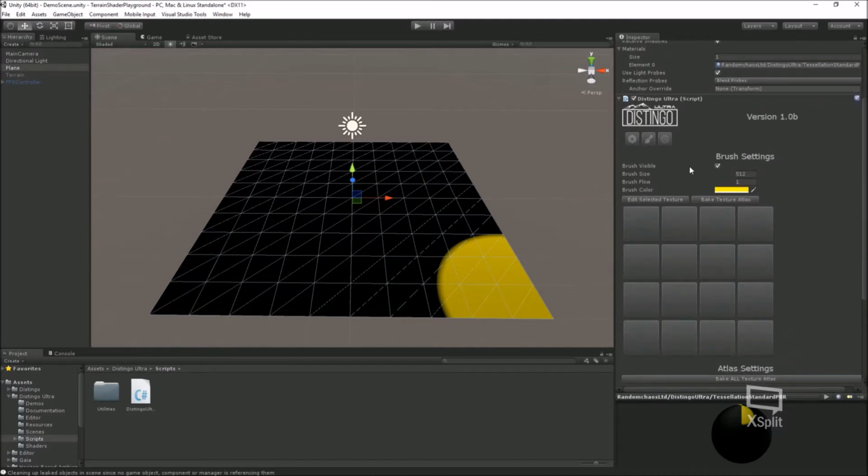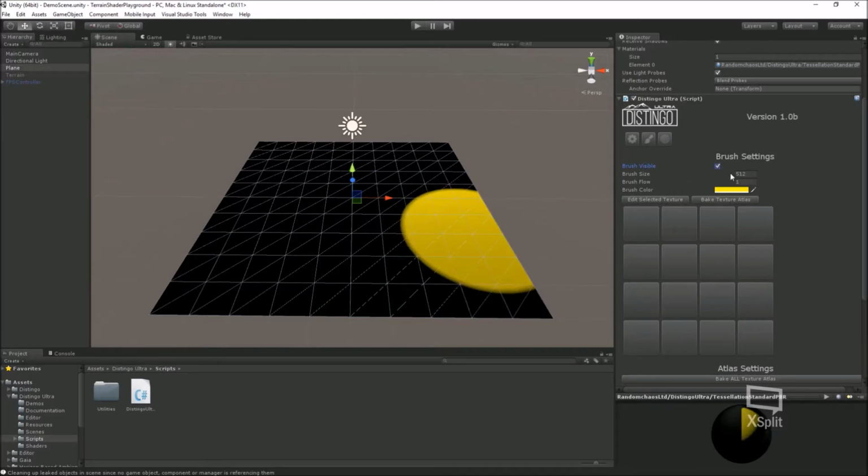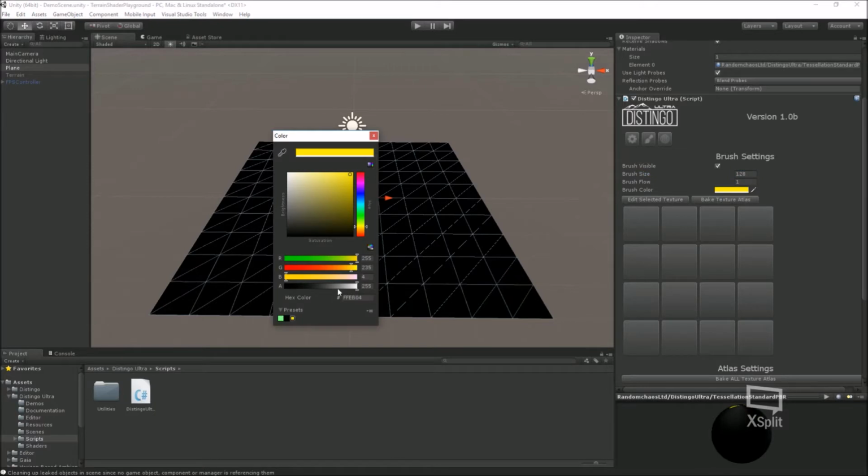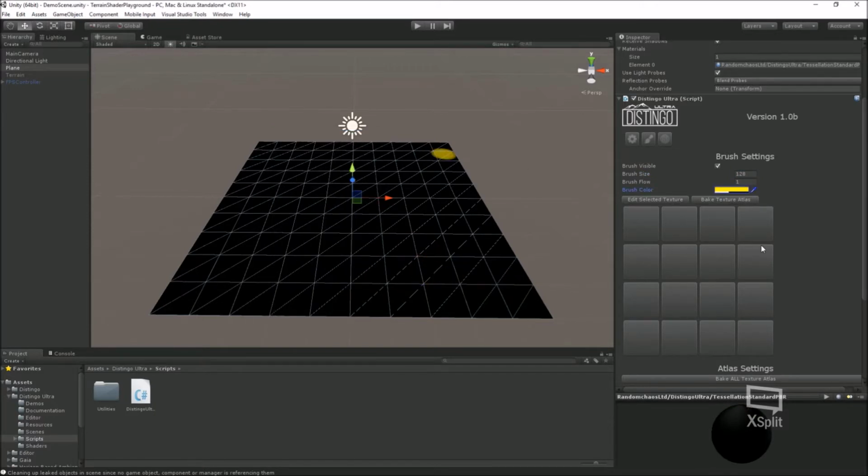We can obviously, whether the brush is visible or not is on there. The brush size, so let's make that a bit smaller. Let's halve it down to 128. The brush flow, so how much is coming out of the brush at the time. So the brush color is just the indicator, it's not the actual brush color itself. Just take a bit of alpha off that, and we can then, so we've got up to 16 color channels